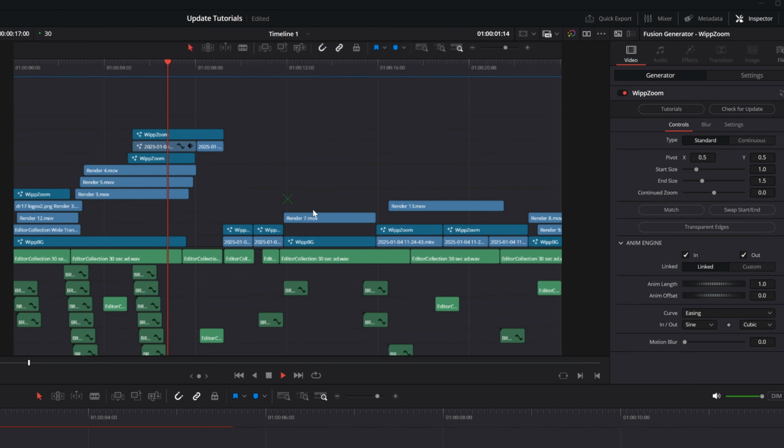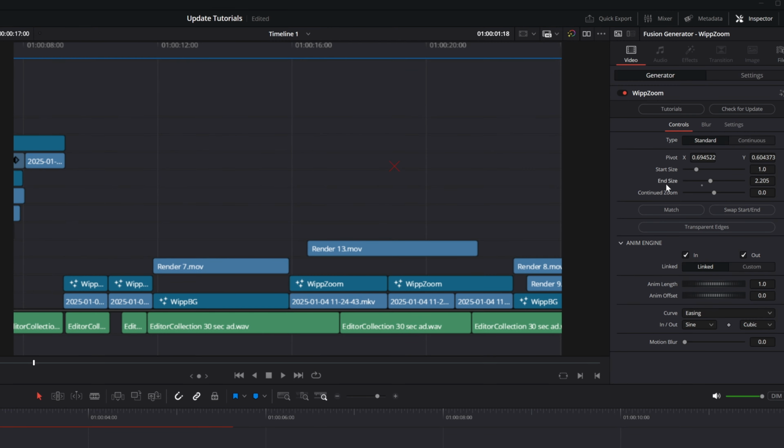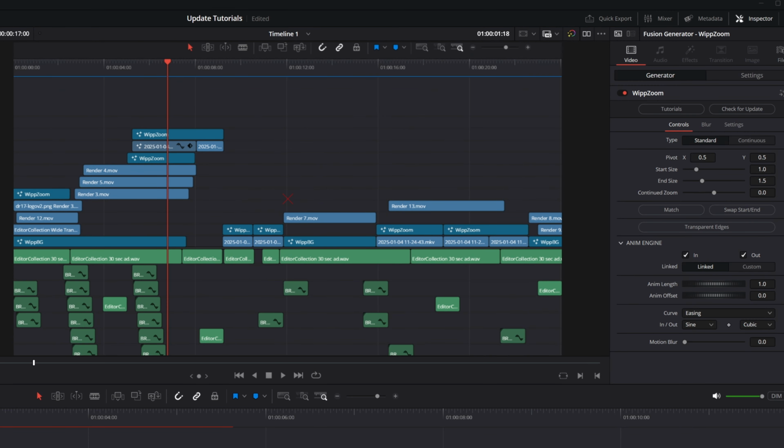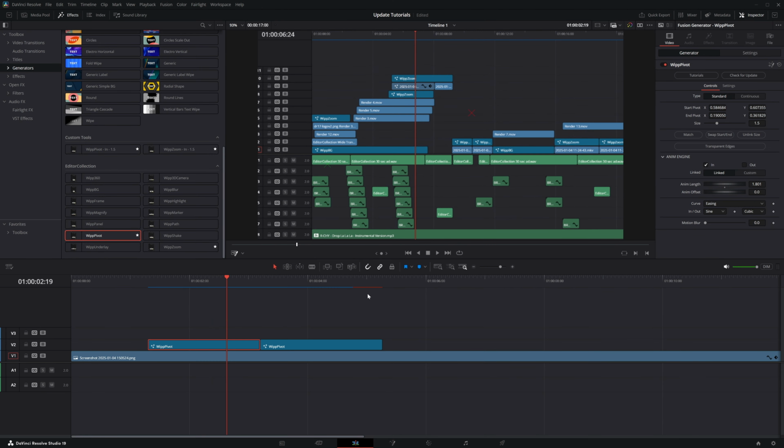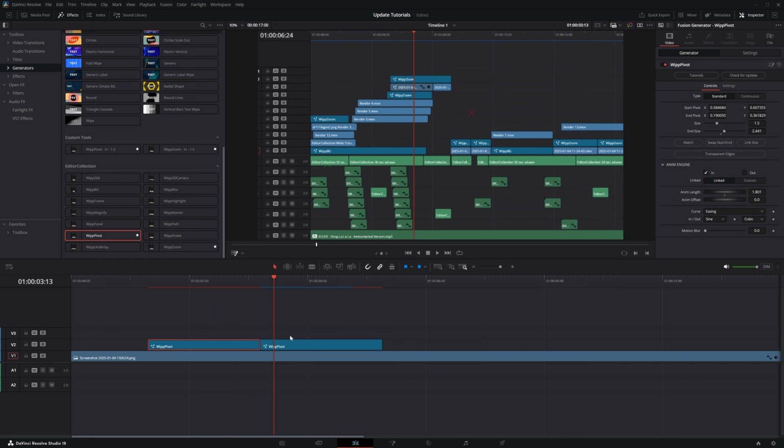And finally, WippZoom and WippPivot had an issue in newer versions of DaVinci Resolve where it would crash if you tried setting control back to its default. This has been fixed, as well as a bug where the match button wouldn't recognize if the size was unlinked